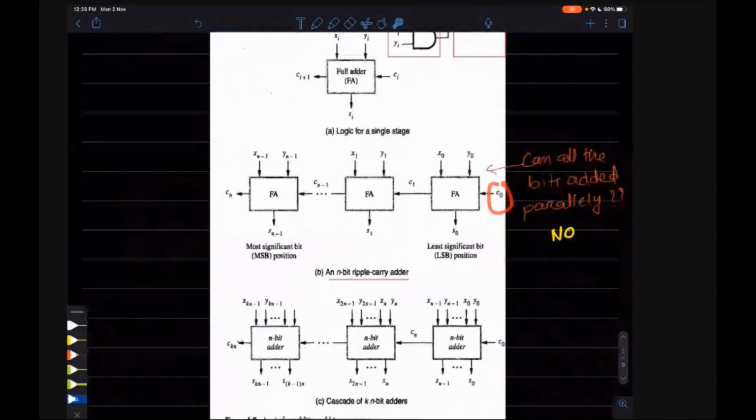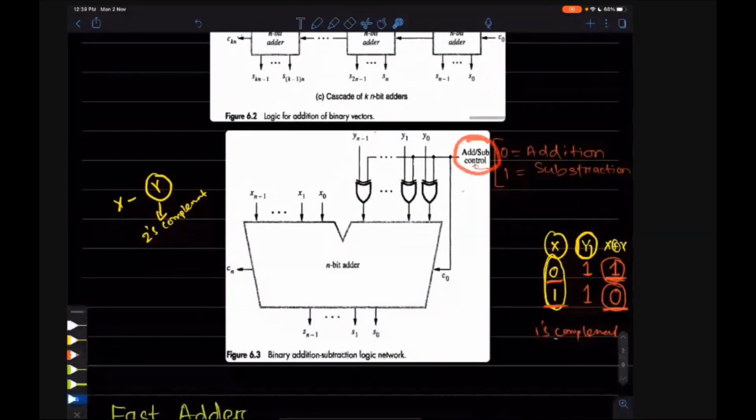Okay, what is C0? C0 is either 0 or 1 based on this line. In the previous case, whenever we are giving 0, C0 is getting the value 0. So in the first addition, there is no change. But whenever we are giving 1, all these values are converted to the other form. That means if 0 is given, it will give us output 1. If 1 is given, it will be converted to 0. That means 1's complement is done.